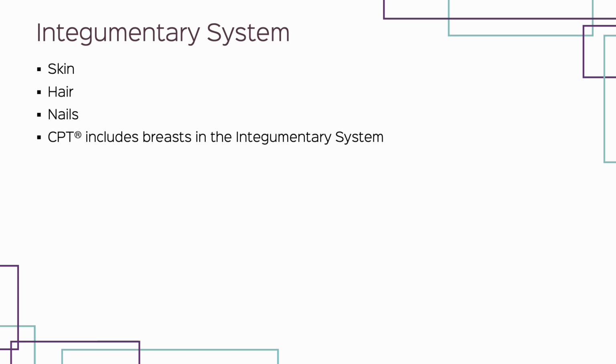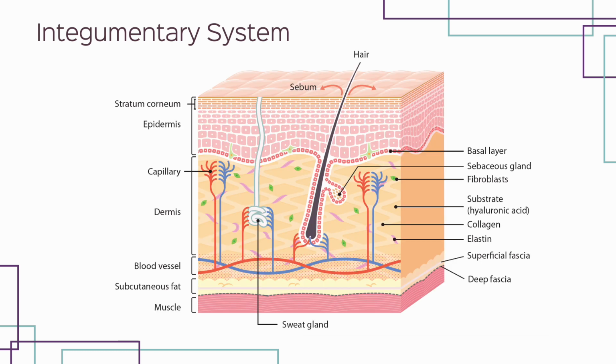In the CPT manual, the breasts are also included in the integumentary system chapter. Understanding the layers of the skin is important, as depth is one of the concepts that applies when coding from the integumentary system. The epidermis is the top layer of skin made up of 4 to 5 layers, and its